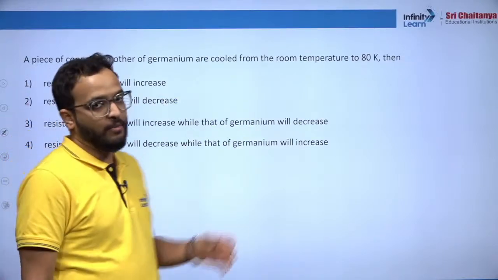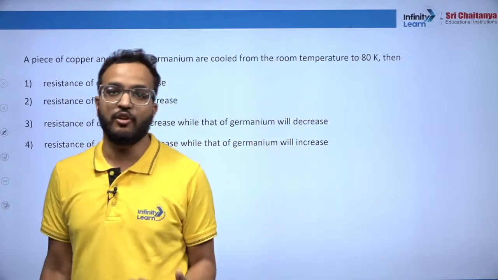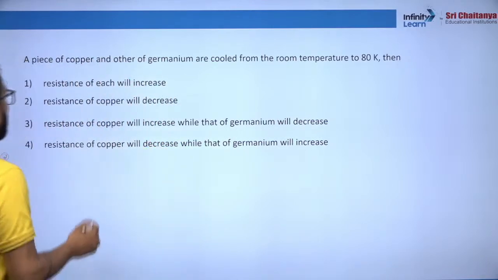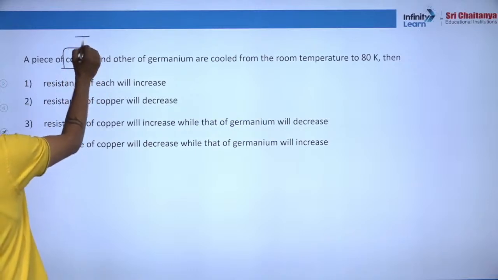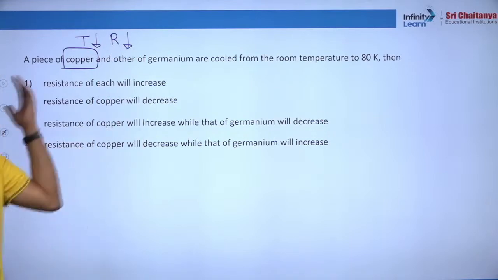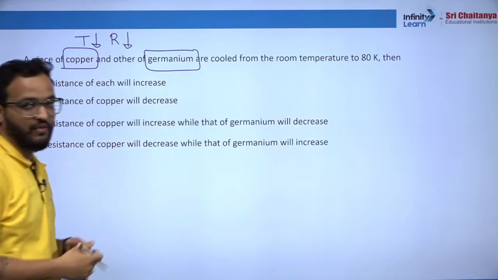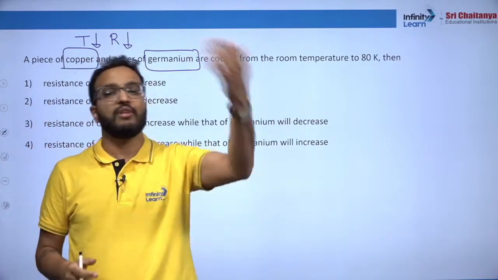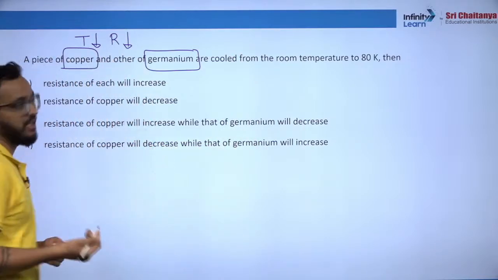When you talk about conductors, as the temperature increases, their resistance increases because the collision frequency increases. More electrons collide with each other. So if I talk about copper, if you reduce temperature, resistance reduces, and if you increase temperature, resistance increases. But if I talk about germanium, this is a semiconductor. So here what happens, as you heat a semiconductor, more electrons move into the conduction band and they are available for conduction. So if you increase the temperature,